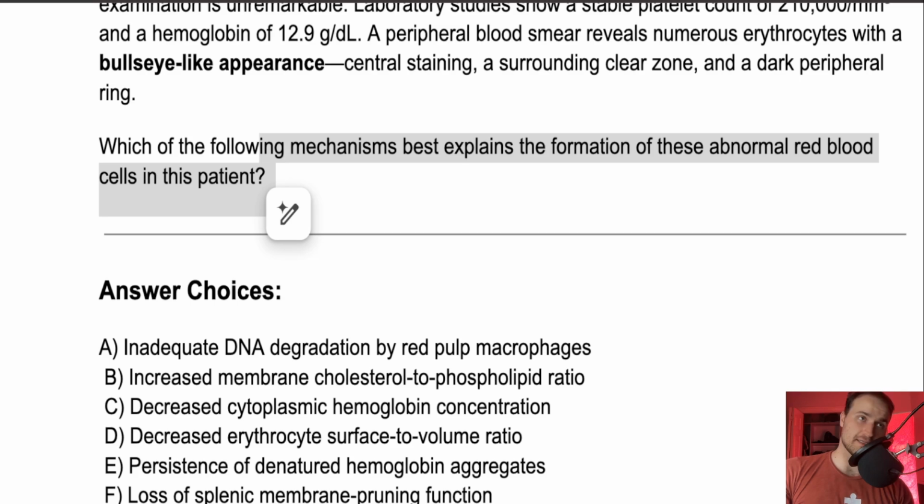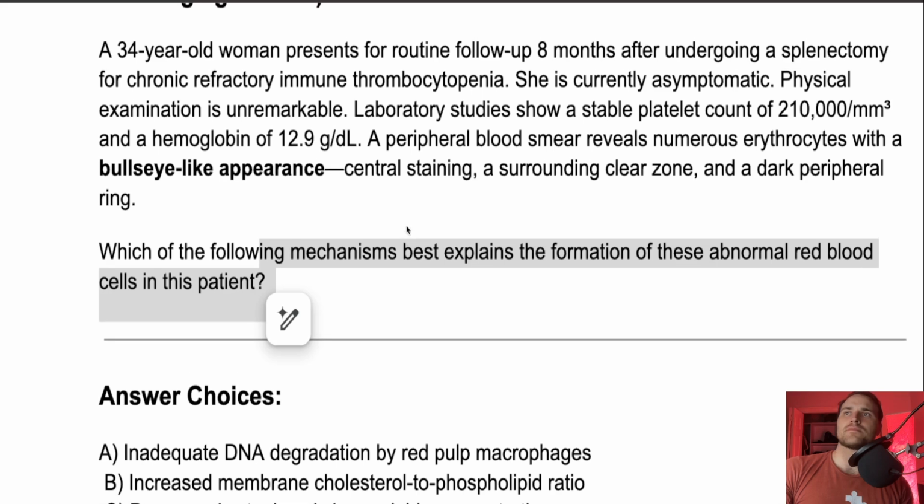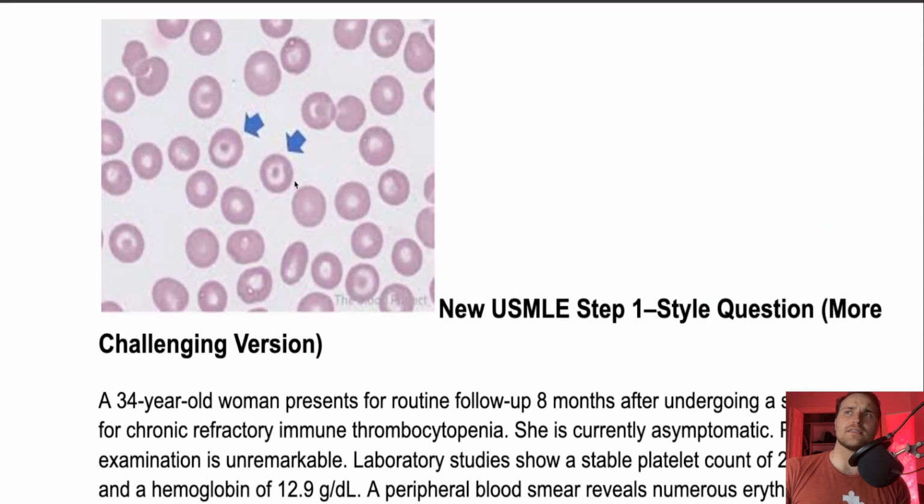Okay, so target cells. What's going on? Red blood cells, target cells, have a central dark area. All right. Well, let's just see here. The central dark area, that's the concentrated hemoglobin. The surrounding pale zone, that's less hemoglobin. And the peripheral dark ring, that's the excess membrane folds. So these form when the red blood cells have increased surface area relative to their volume. It occurs in thalassemias, iron deficiencies, and where you have decreased volume and increased membrane, which is like post